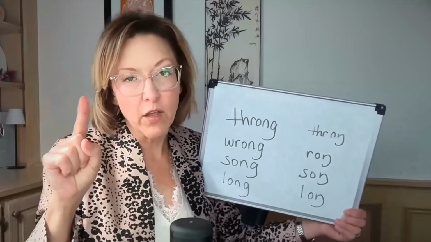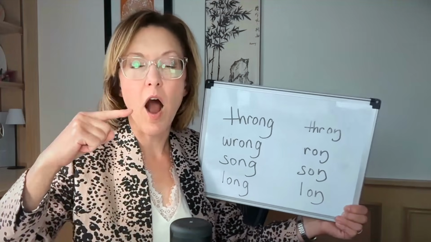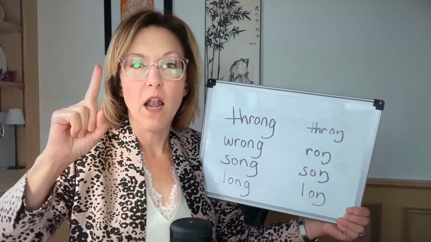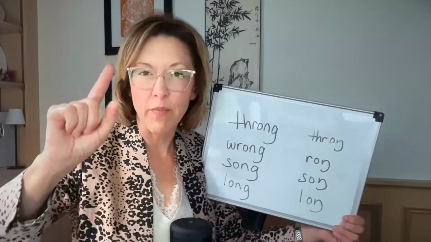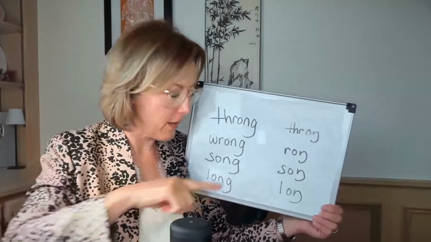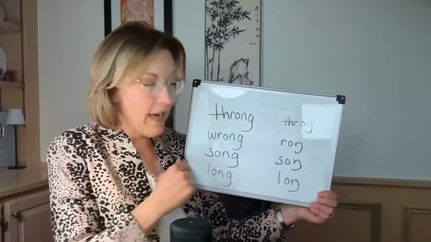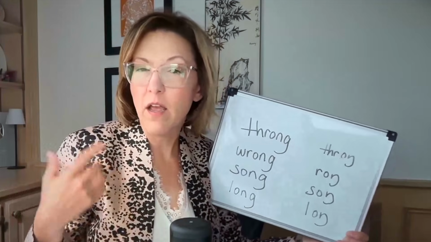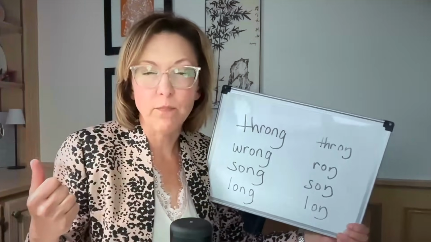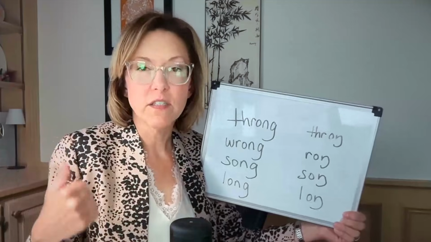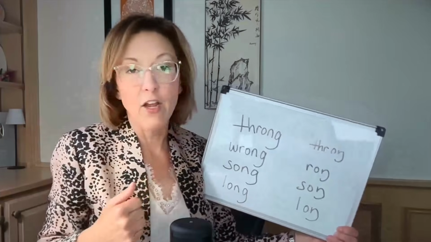Okay. Now, let's try that with an L. Start by touching the spot where the teeth and the skin meet for that L. Long, long. Keep the air moving out of the mouth from the L to the ah to the NG. Long, long, long. Now for song, we're just going to say an S sound. The tip of your tongue doesn't touch anywhere. Air just keeps moving out. Song, song, song.